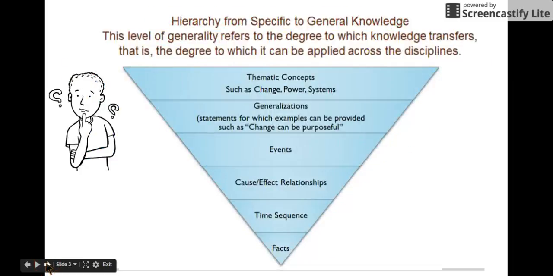I like to start with this image of an inverted pyramid to show the hierarchy of specific to general knowledge. A lot of our textbooks that are pre-planned with curriculum emphasize the bottom rungs of this pyramid, the memorization of factual knowledge. What we're trying to get our students to do is to focus their attention on the broad